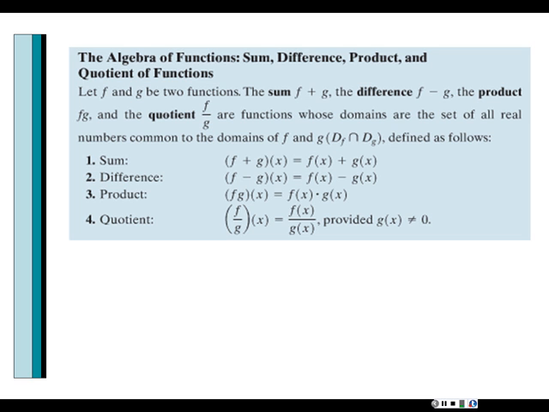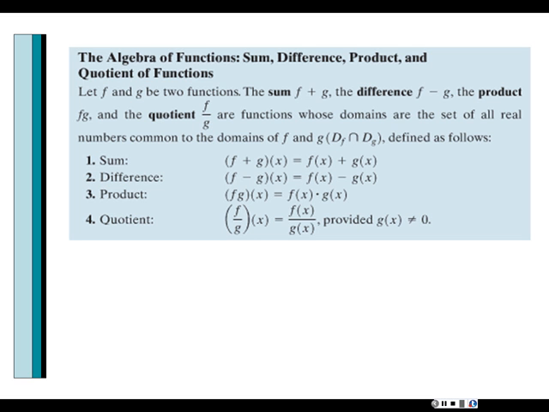Let's say you can divide f of x by g of x if g of x is not 0. Anytime we do any kind of division, we always want to make sure that it's not a division by 0, because that is not defined. So we always want to exclude that. So it's pretty much simple, but